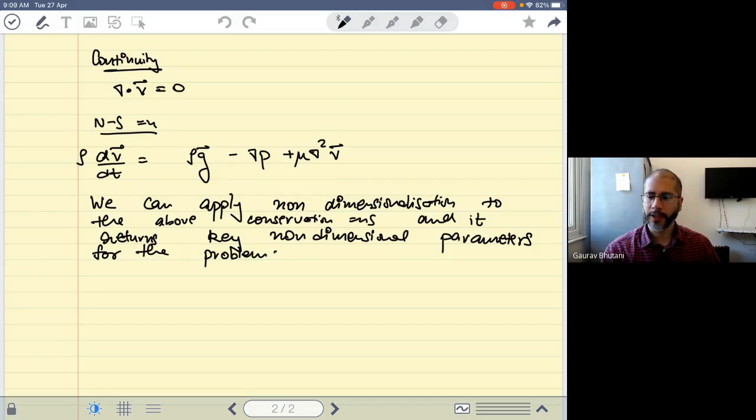Okay, so these non-dimensional parameters are the same as those pi parameters. So in the beginning, we said that now pi1 is a function of pi2 and pi3 only. So these pi2 and pi3, we could find out using the ideas of dimensional analysis. Now, if we apply the non-dimensionalization ideas here, we can get those pi parameters here as well. This is very important because then we know that our solution is simply a function of those pi parameters only. So if I change those pi parameters, then my solution changes. So this usually helps us to categorize the phenomena, or classify the behavior of systems.